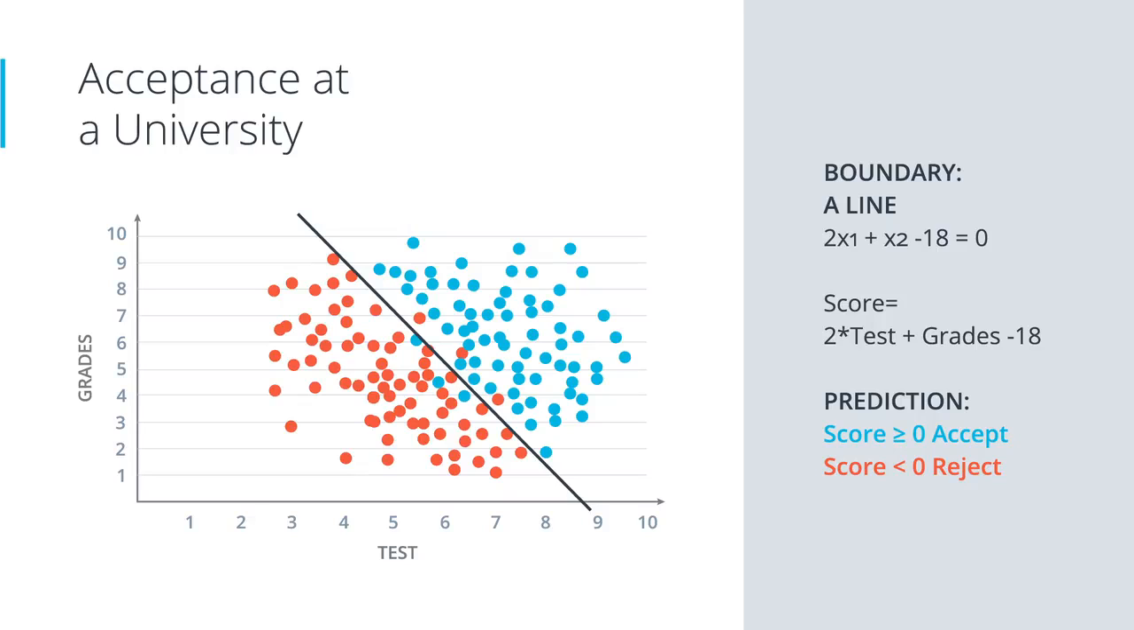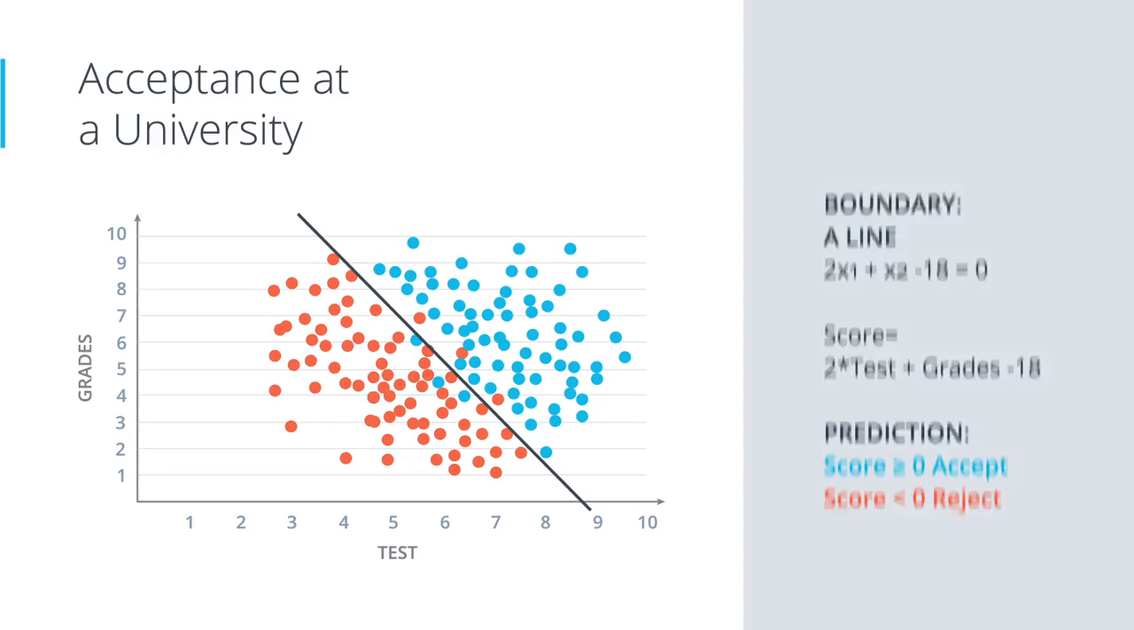So let's recap. We have our data, which is all these students. The blue ones have been accepted and the red ones have been rejected. And we have our model, which consists of the equation 2 times test plus grades minus 18, which gives rise to this boundary line, which is the points where the score is 0, and a prediction. The prediction says that the student gets accepted if the score is positive or 0, and rejected if the score